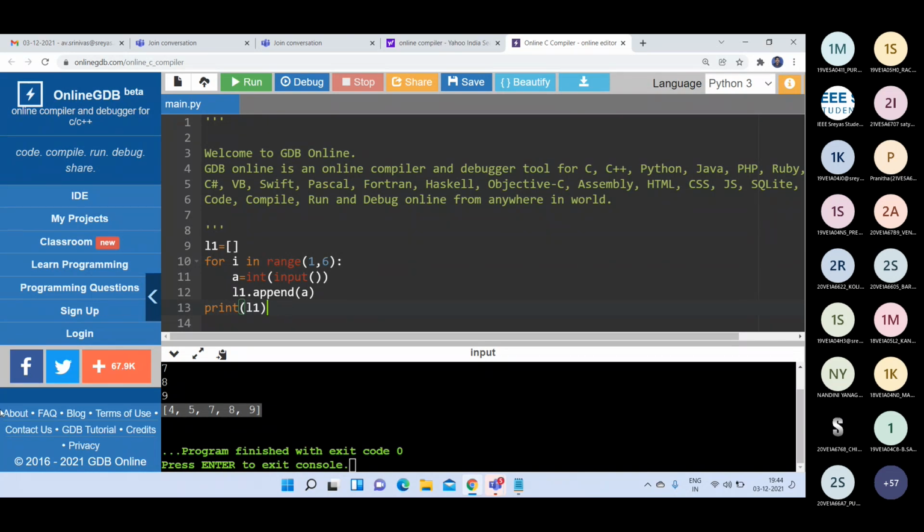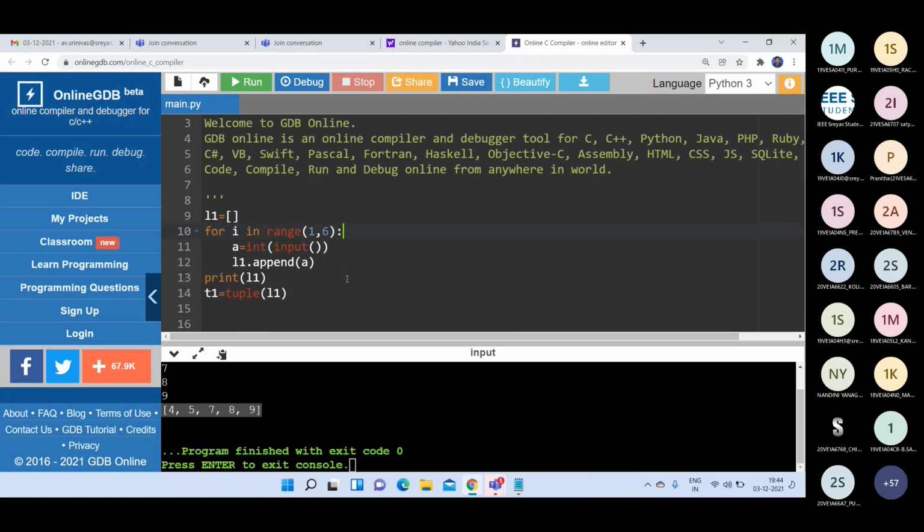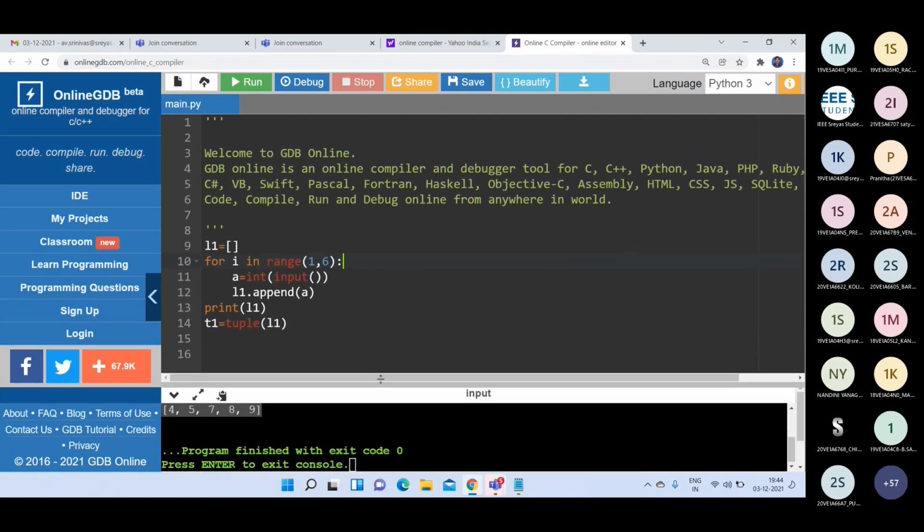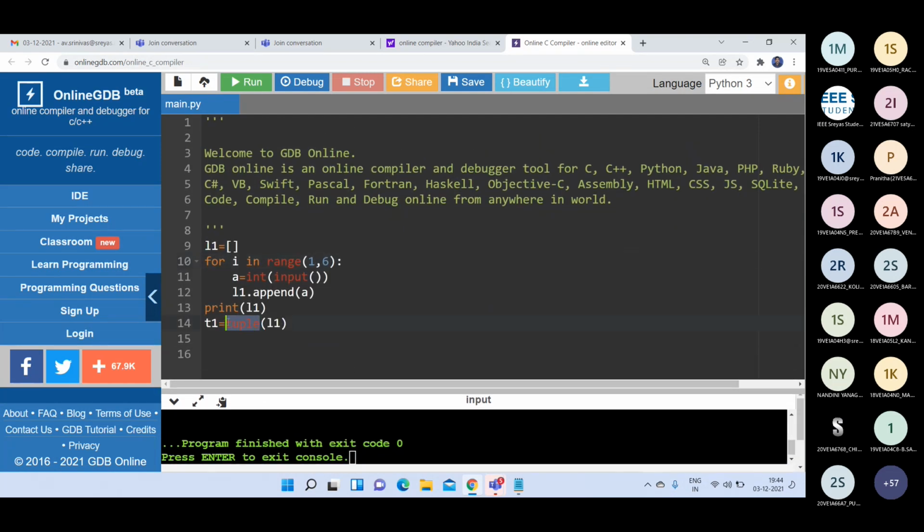Okay. Now I want to convert this list into a tuple. So I have to use the tuple function. T1 is equal to tuple of L1. So this tuple function's purpose is to convert either a string or a list into a tuple here. So this L1 is typecasted or converted into a tuple here.